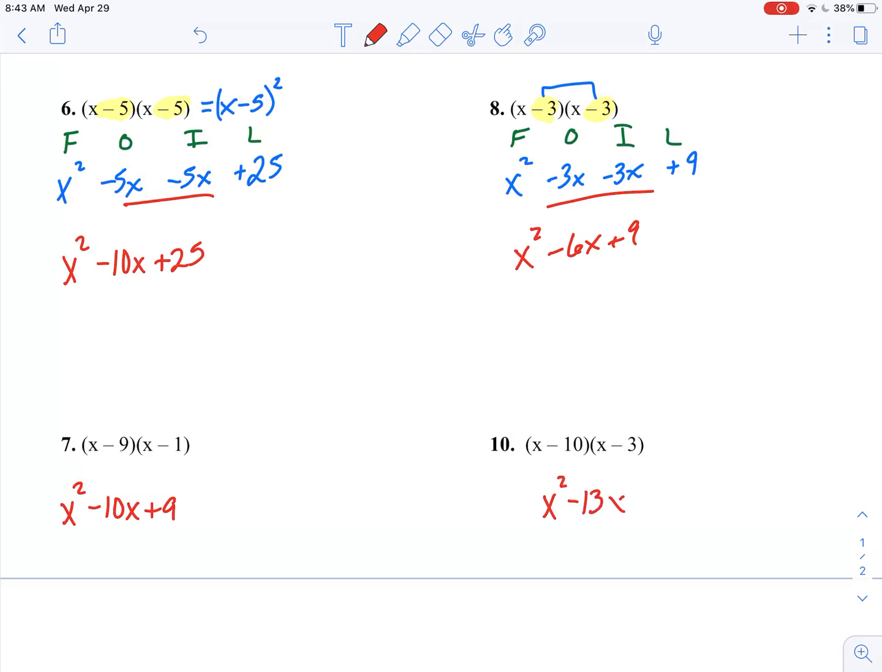All right, and I've got 2 more here. I'd like you guys to pause the video and try these on your own. In a second here, I'm going to write the final answers. So number 7, after we FOIL, we'll get x squared minus 10x plus 9. X squared minus 13x plus